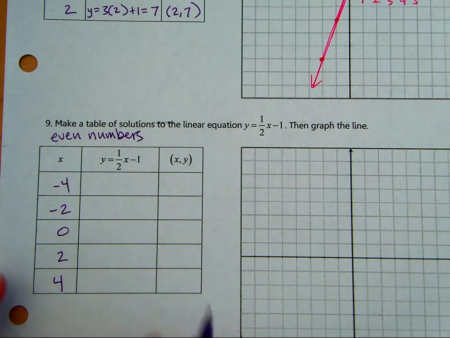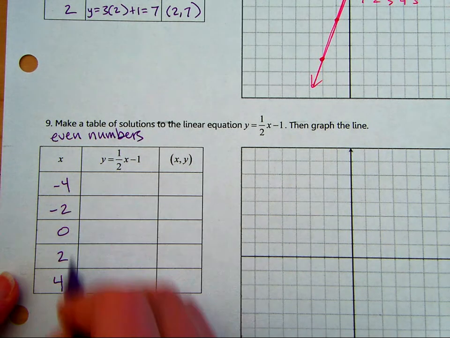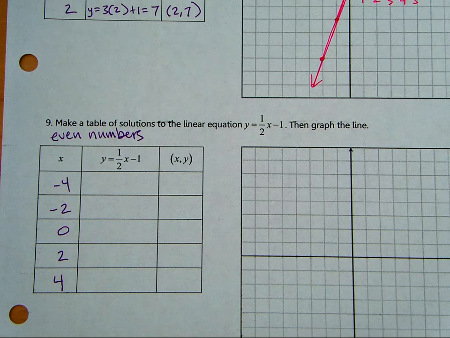How do you know if you want bigger numbers or smaller numbers? Do you usually start with smaller numbers because it's easier to graph? How do you know if you need bigger ones? Well, smaller, I'm starting with 0 because it's in the middle, and then I'm doing a couple on each side. Do you mean bigger, like 5, 10, 20? Does it just depend on the equation? Yeah, exactly. If I had something like 1/100, I'd probably go by hundreds.